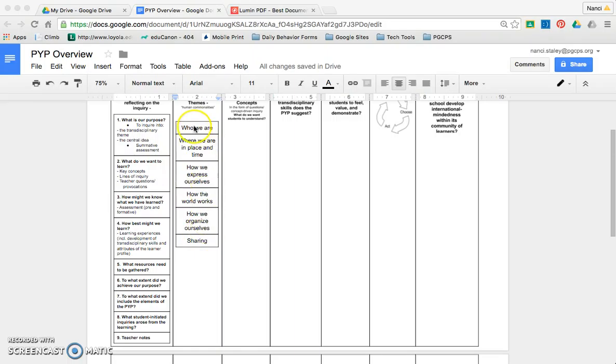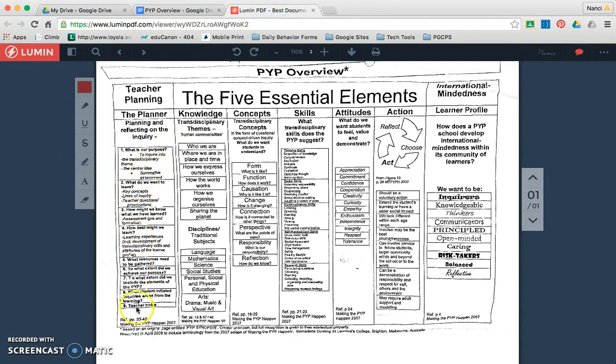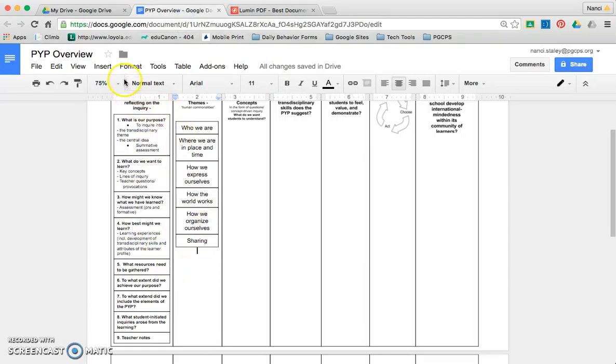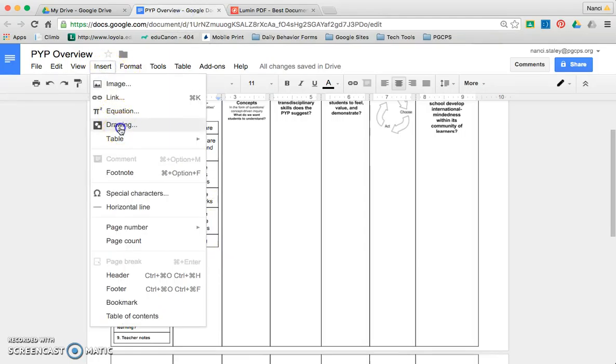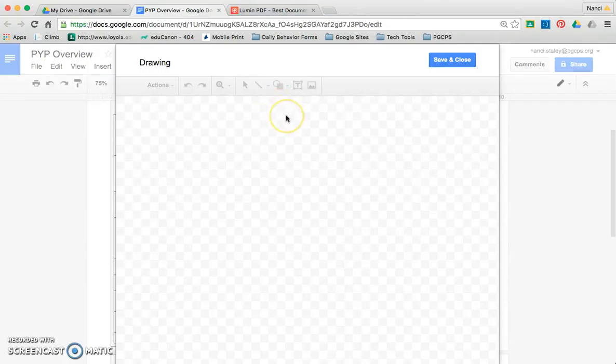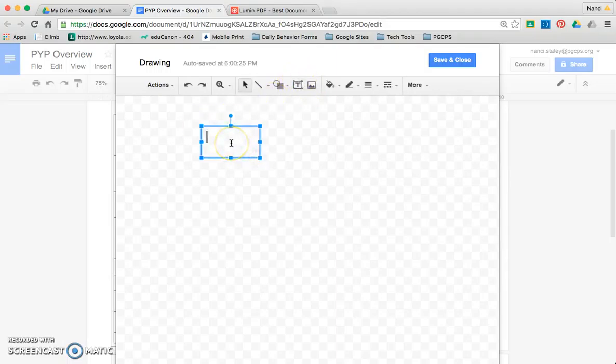We've got the first 1.5 columns, 1.5. So now we're going to go and insert this. And again, it's not a table. These are tables. This is just a text box. So don't forget, in order to do the text box, you have to go to Insert and to Drawing. Then when it opens up, you hit the text box here, draw a box, and we'll go ahead and type